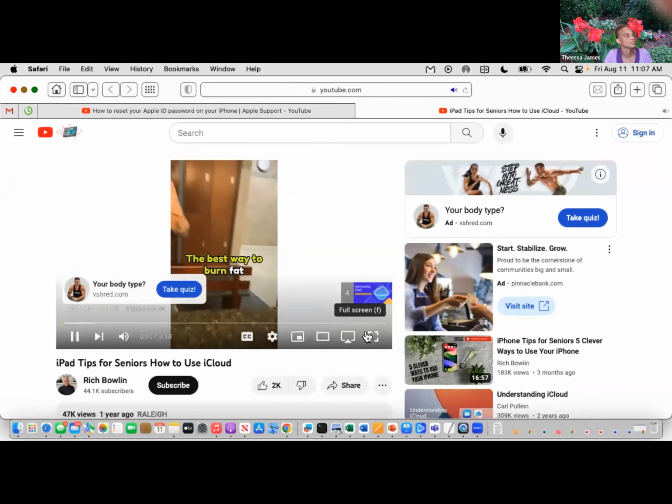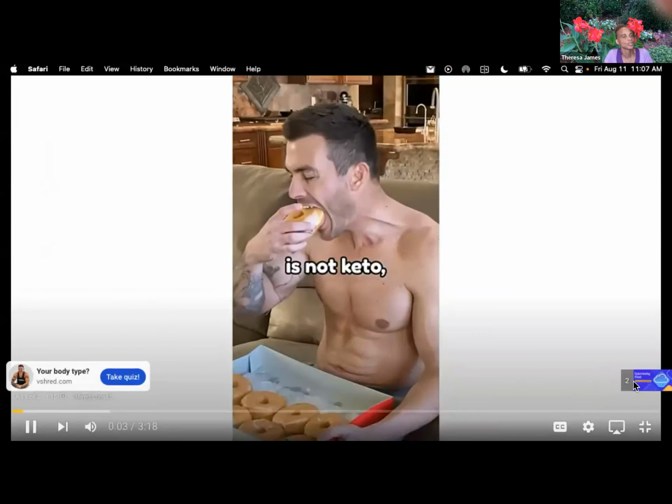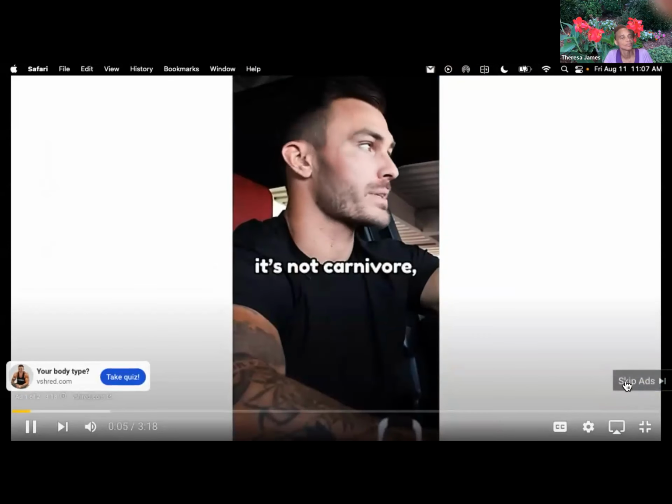The best way to burn fat and get shredded is not keto, paleo, it's not carnivore, it's not Skip the